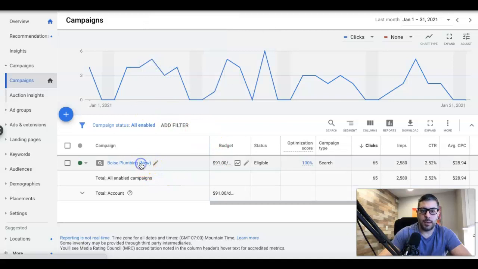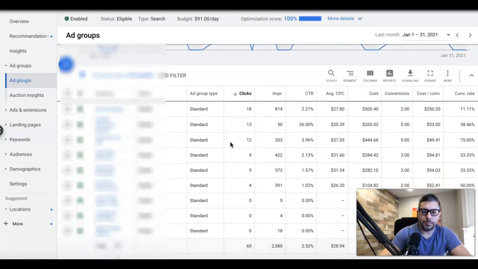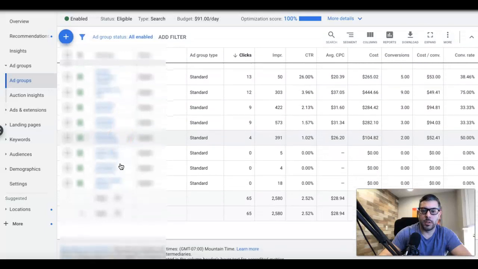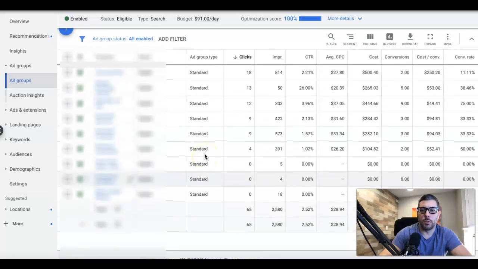Alright, so if we go into the campaign, we can see our ad groups here. And really simple, it's just our geo ad group for Boise, our brand ad group here, which is for the client's name. We have plumbers on call, plumbing services, plumbing company, plumbing contractors. These are all sending leads. So this is a very small campaign. It's not really built out too much because the budget's $90 a day, so there's only so much we can do. And we're looking for that 30% plus conversion rate in this guy's campaign, which we got 36, so we're